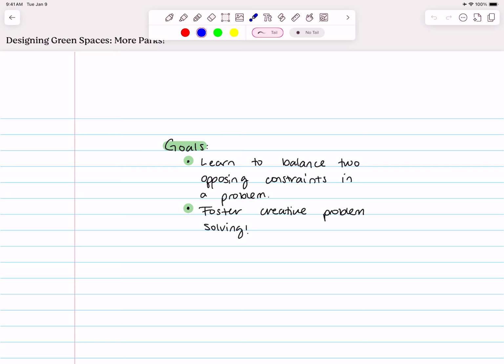Oftentimes real life problems, real life optimization problems, have more than one consideration. You're trying to maximize something while minimizing another thing, or maximize two different things, but then you've got a cost to that. And so there are opposing constraints in these optimization problems, and learning how to balance those two things to find a solution that meets things in the middle is a really important skill,